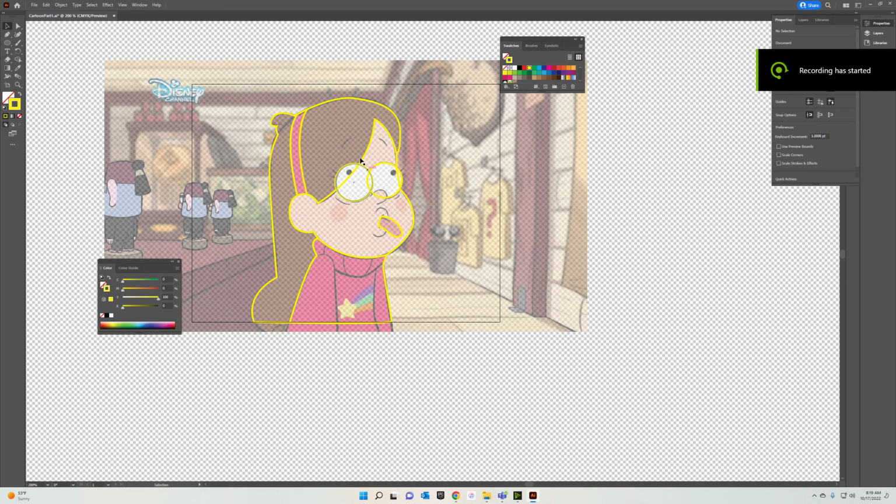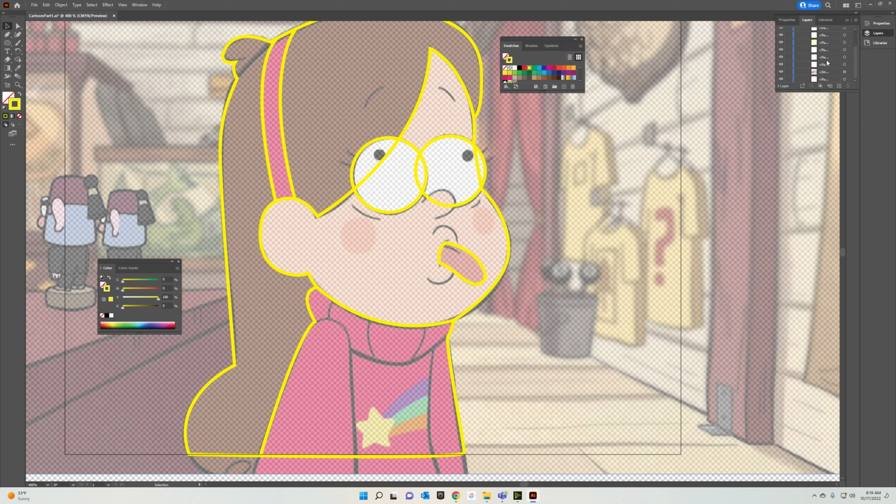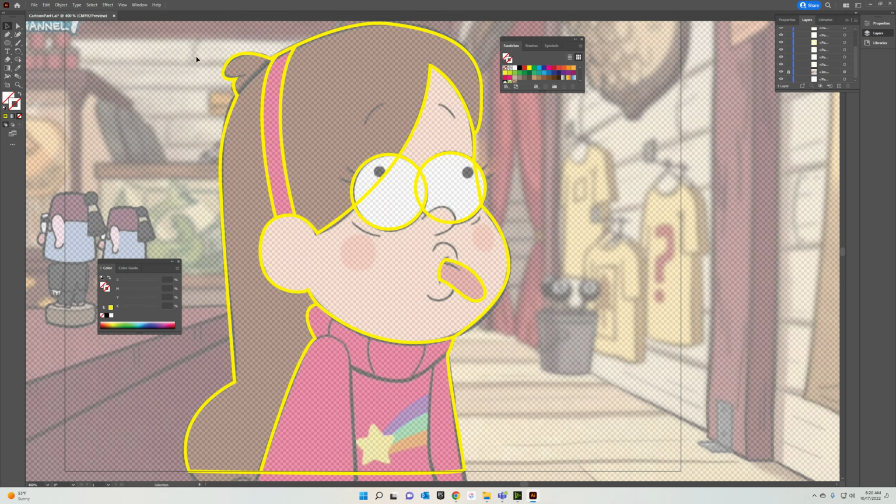Okay, so now that you have this completely outlined, the next thing you're going to do is go into your layers. Oh, sorry. Next thing you're going to do is select everything using the main selection tool. And using the shape builder tool, you're going to break it up into different sections by clicking in each of